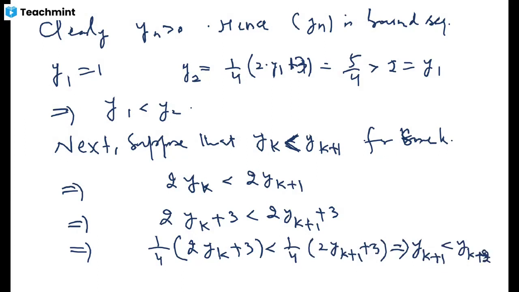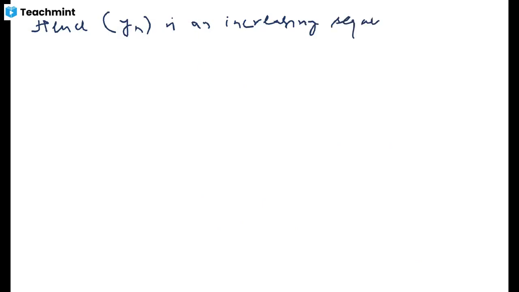If it holds for k and k plus 1, it holds for k plus 1 and k plus 2 also. With this, it establishes that this sequence is an increasing sequence. So now this is increasing, this is bounded also, hence by monotone convergence theorem,